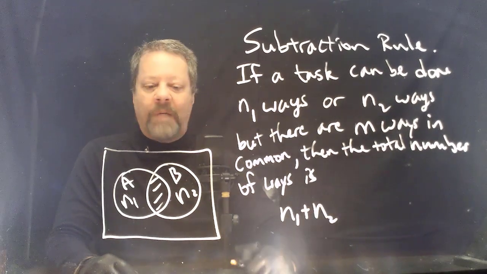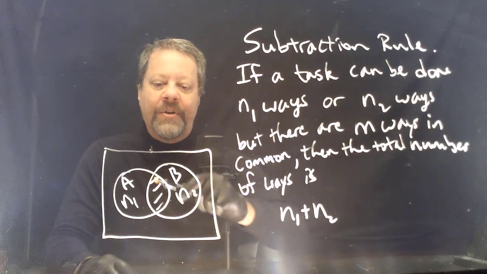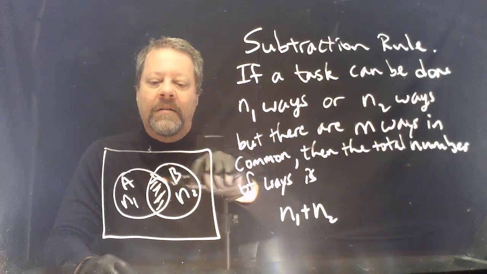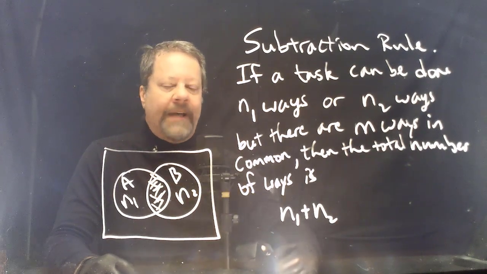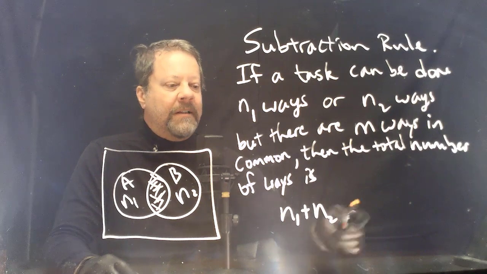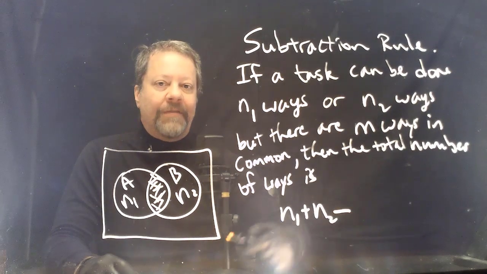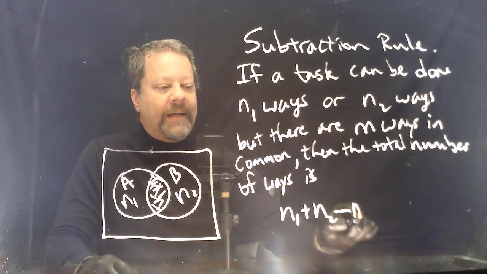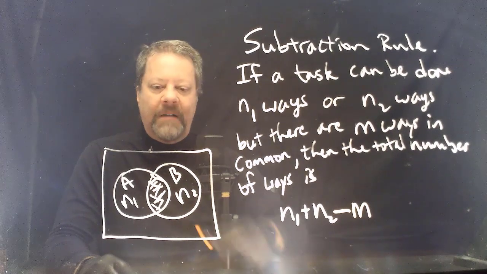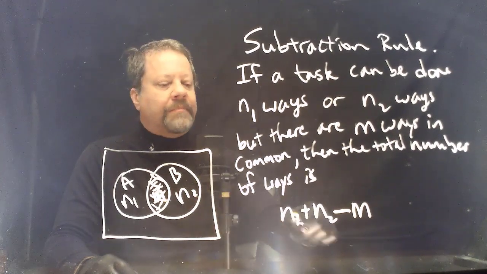The problem is that if you add n1 and n2, you've added the ways in common twice, once for A and once for B. So to account for that double counting, you have to subtract off m, the number of common ways, to get